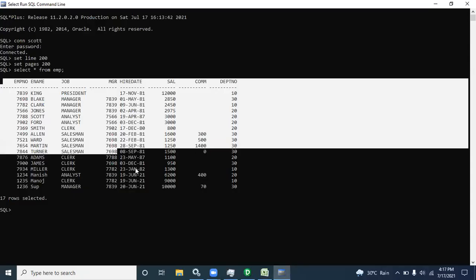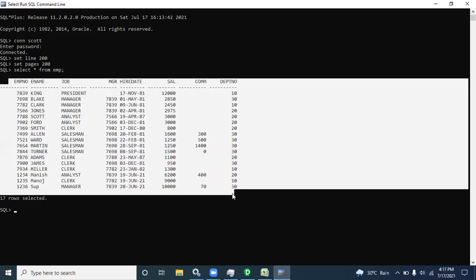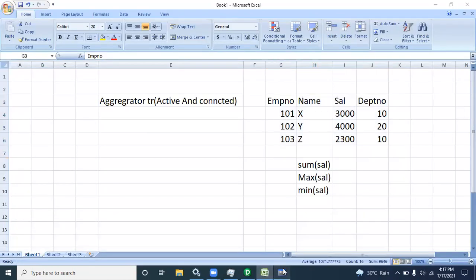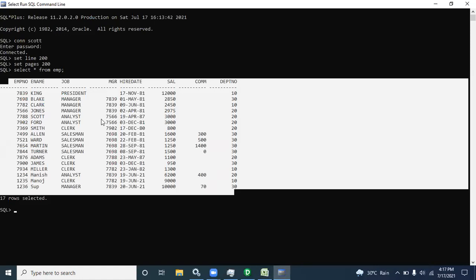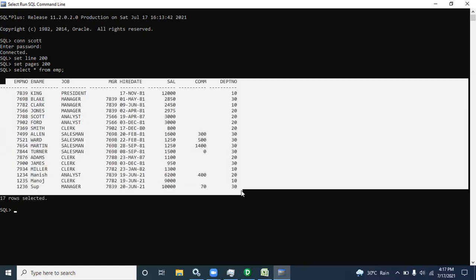But if you have 1 crore or 10 crore records, how will we identify those things? For that reason, the aggregate function comes into the picture, meaning sum, max, min.